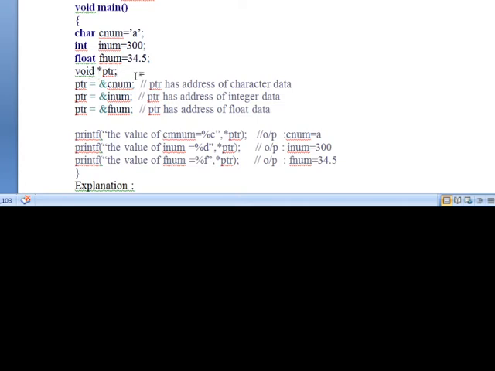See here, ptr is a pointer variable of which type? Void type. Void type in the sense that it doesn't have any associated data type. A void type pointer variable is capable of holding any data type address. In this example, ptr is a void pointer and doesn't have any data type.